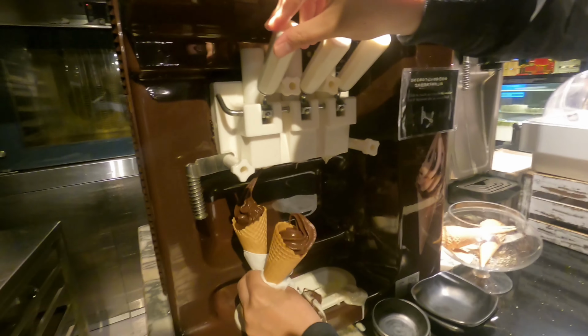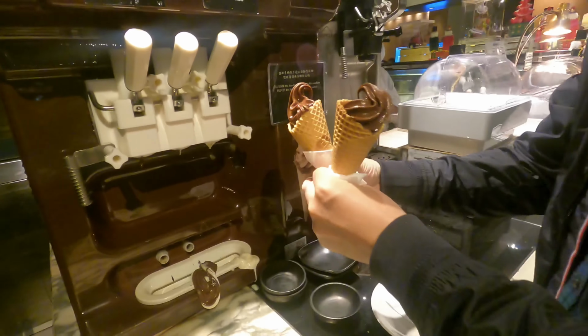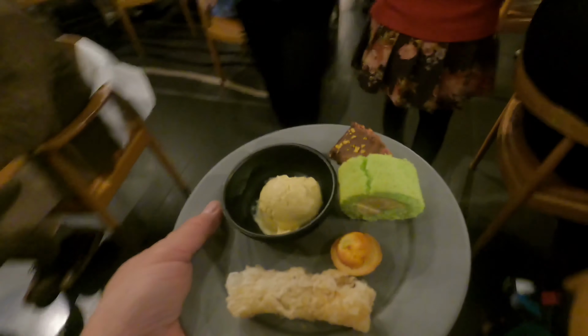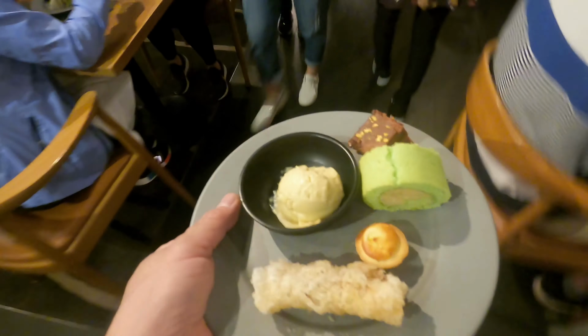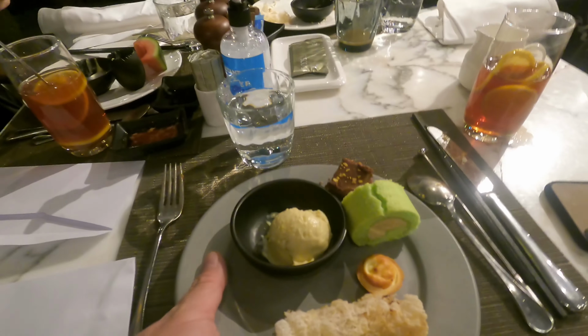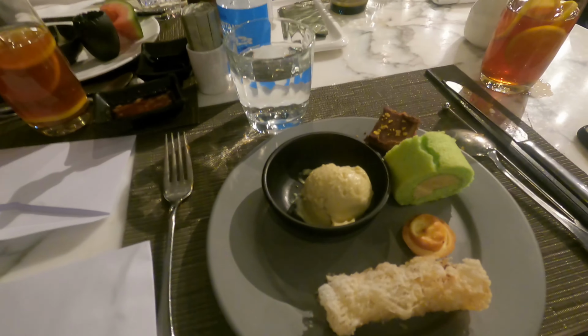Okay. Okay, so we have... I think their specialty is all about durian. Yeah. All durian: pandan durian ice cream, fried durian, etc. Yeah, we didn't get the...